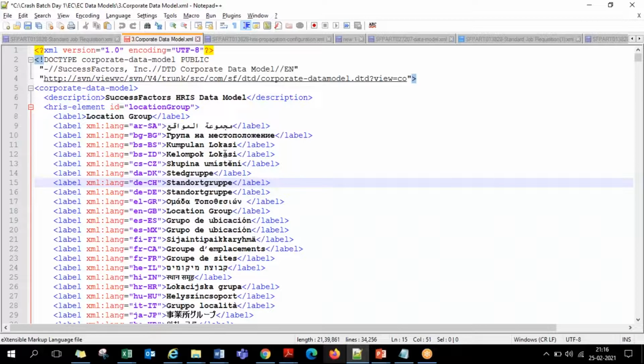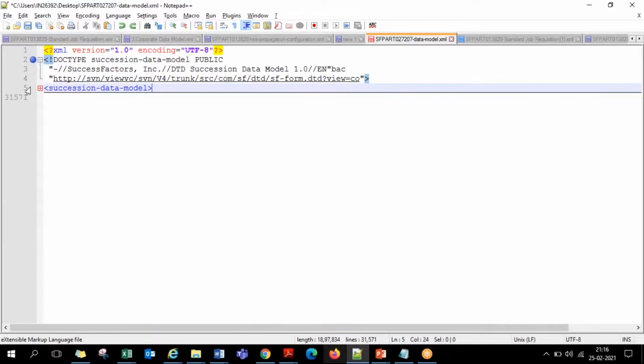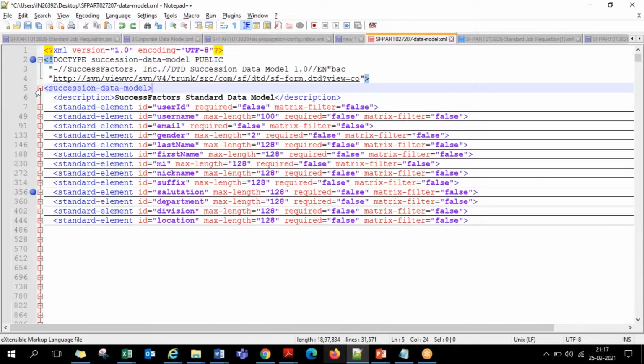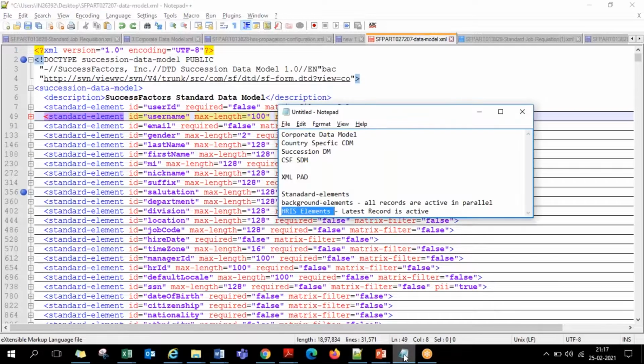At the data model level, when it comes to the succession data model, we have around 32,000 lines of code, guys. This is the one that we saw yesterday, which already has around 32,000 lines of code. In this, you will have standard elements, background elements, and HRIS elements, the 3 things that will be relevant to us.